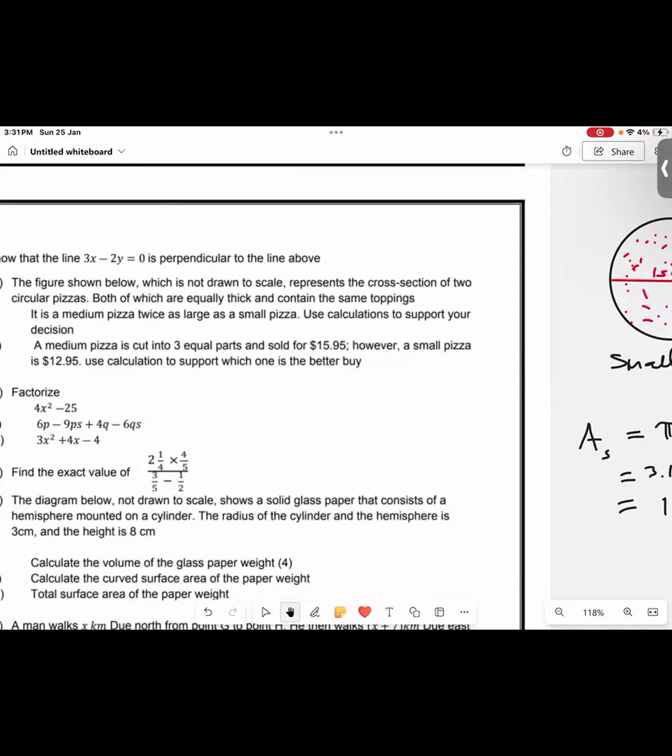Now again, I'm going to ask you, based on what you think. If you have a medium pizza and you cut it into 3 equal parts, you don't know if the parts are big or small. You just see the 3 parts are equal. And you see a small pizza for $12.95. Everybody, I want to hear your opinion. Latisha can start. What would you do? Would you buy 1 slice of the medium pizza, or would you buy a small pizza? Make a decision.